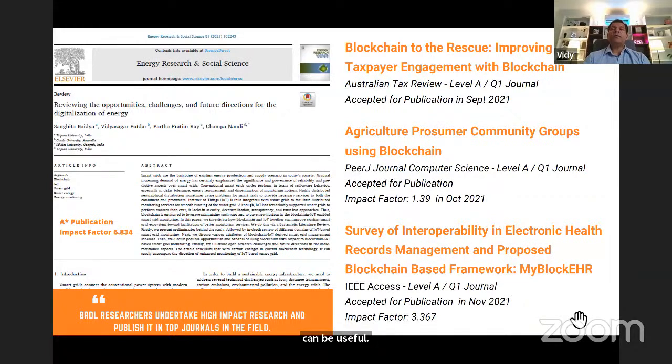Within most of these research papers, if you review the last section on future research directions, you will see a lot of potential research directions that I have mentioned. That will be a good direction for you to explore or pursue your research in that space. Other than that, there are another four or five papers currently under review this year. They should be ready or published by early next year, and they are again on various aspects of blockchain.